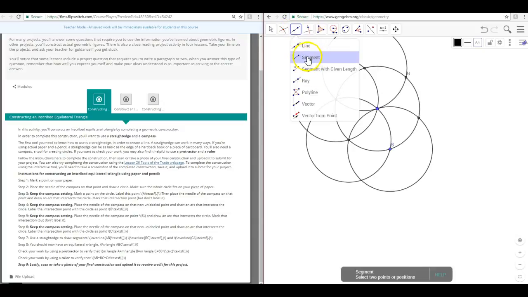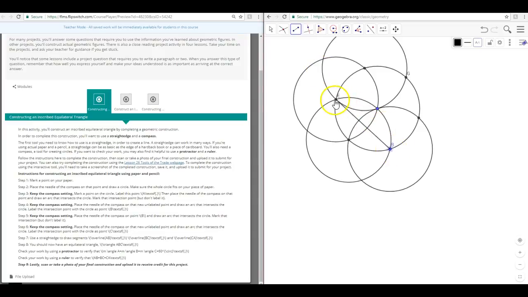We are going to connect them by segments. So third to the right, click segments, B to E, E to G, and G to B. Now we have an equilateral triangle. We are to step 8, and